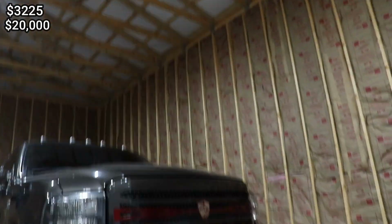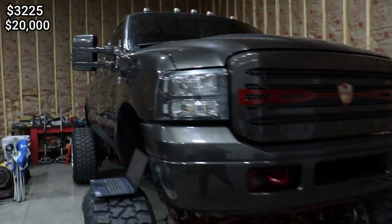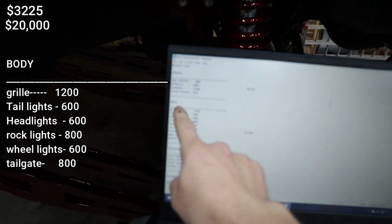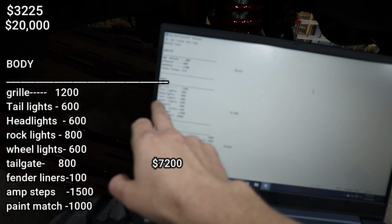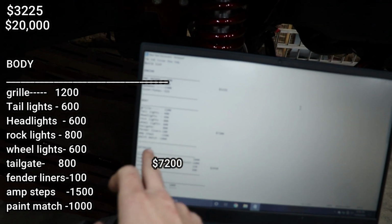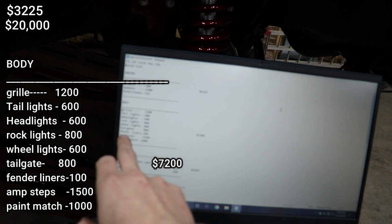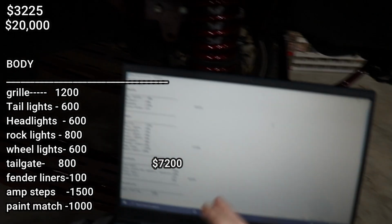So we're gonna go ahead and start moving along the outside of the truck now. And these are gonna all be just exterior for looks on the body. So on the body, we've got grill, color match taillights, color match headlights, we've got rock lights, wheel lights, we have a 2008 and up tailgate. That price is going to vary. We've got fender liners in the rear, we've got amp steps, and we have a lot of miscellaneous paint match